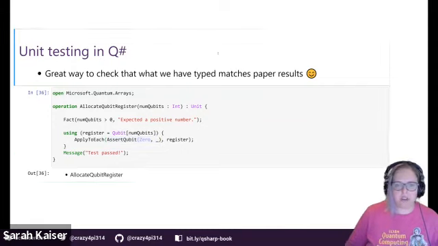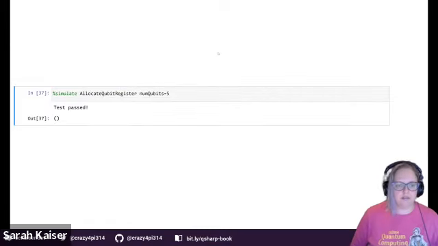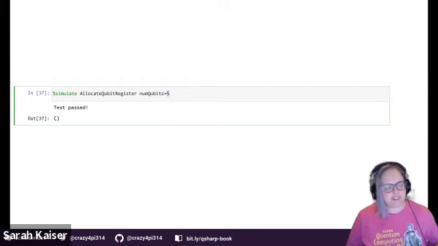So if we actually go and run this, I have full confidence that the test will pass. We can change however many qubits we want here. The test should pass. So those are the basic checks, but something a little more